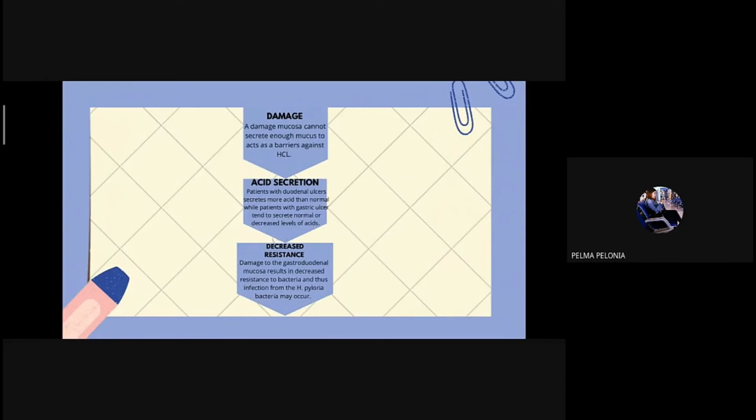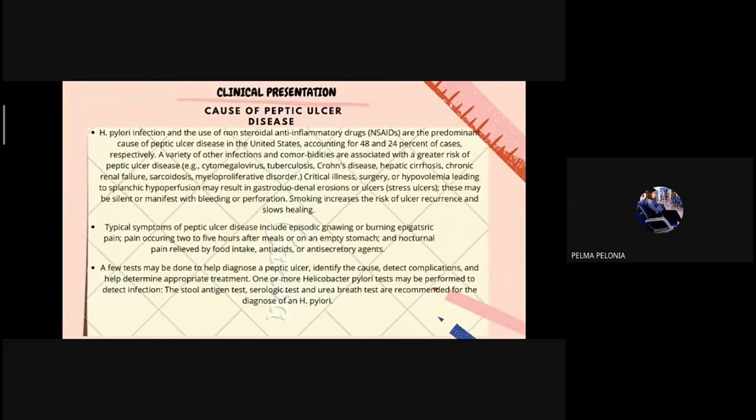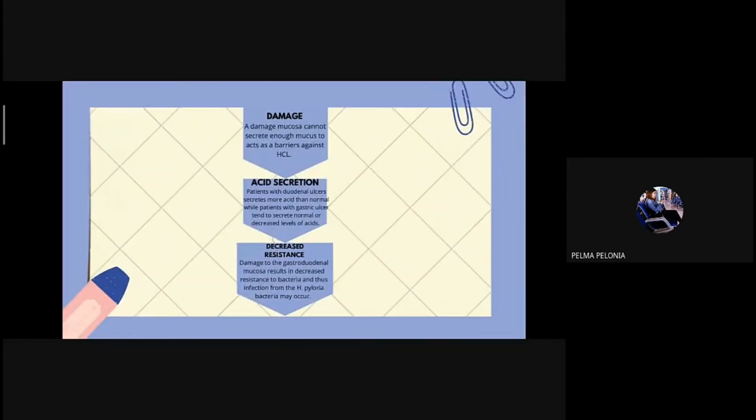Peptic ulcers are holes in the lining of the stomach and duodenum. They are usually caused by a bacterial infection with Helicobacter pylori. The stomach produces hydrochloric acid and enzymes including pepsin that break down and digest food. A mucus layer coats the stomach and protects it from the acid. The prostaglandins also aid in protecting the lining. So when defenses are not performing their job properly, acid and pepsin eat away at the lining,